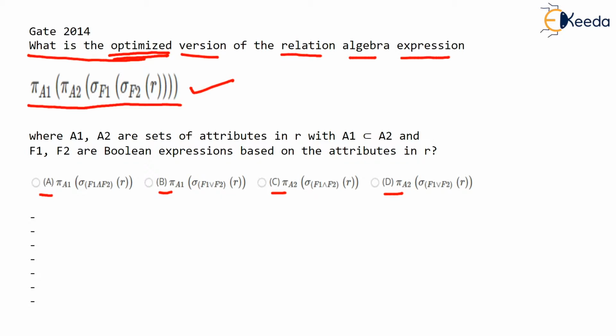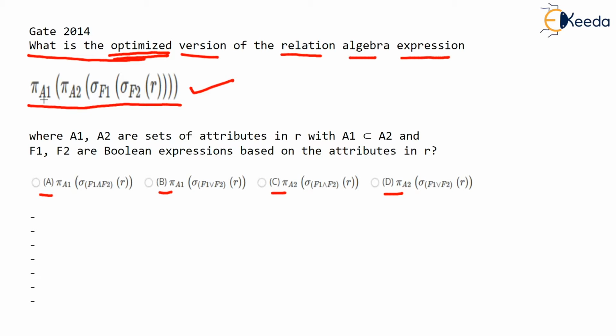Rather, you can also say which of these expressions is the best way to write the above expression in a concise way, in a very shorthand notation, and which will also run faster. Now, first of all, understand a few more things given here, where A1, A2 are sets of attributes. So A1, which is projection done on A2 and A1, you can see two times the project operation has been done in the bracket. Projection has been done on the A2 attribute.